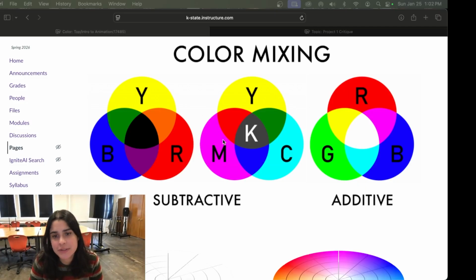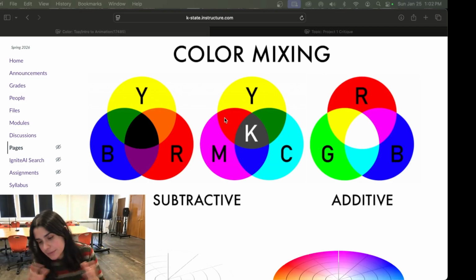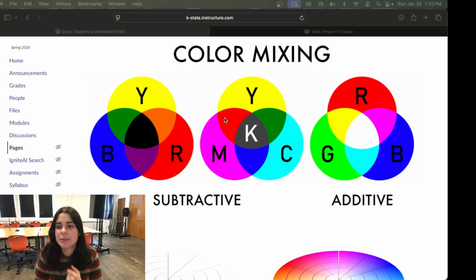In printing, we use CMYK. It's the same principle, just different colors. So you mix cyan and magenta and you get blue, yellow and magenta and you get red, and so forth. You can paint this way also, but it's not quite relevant for what we're talking about,